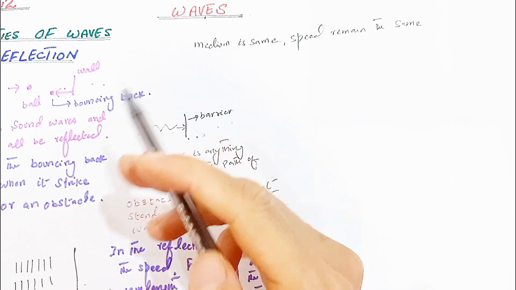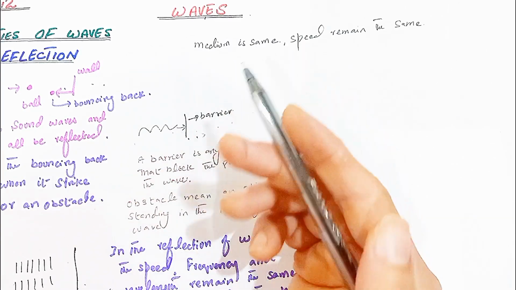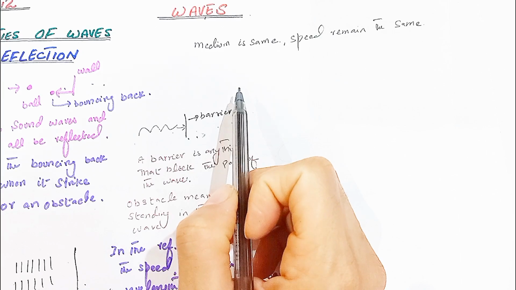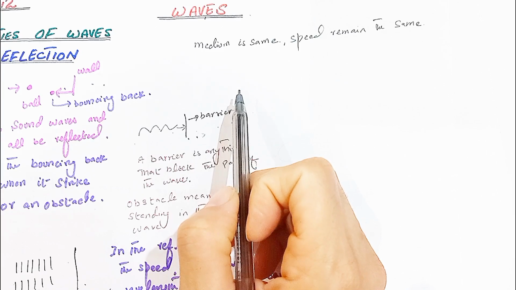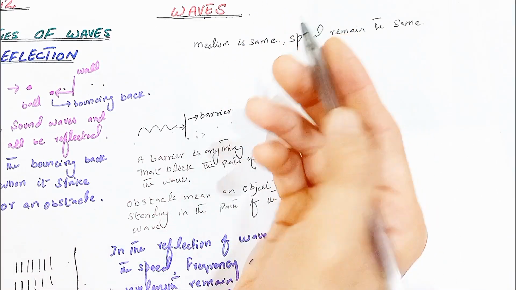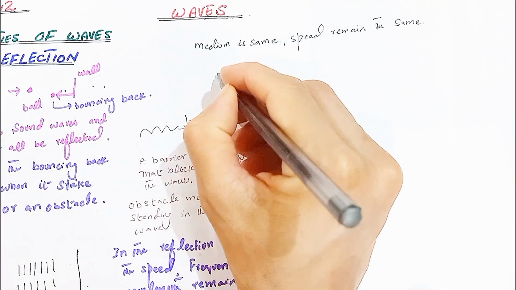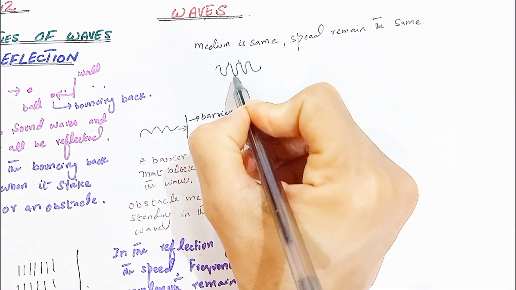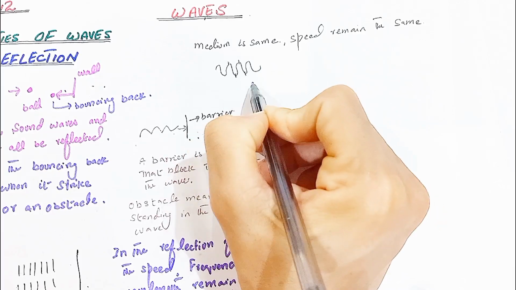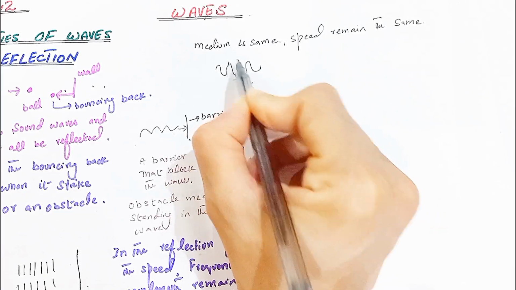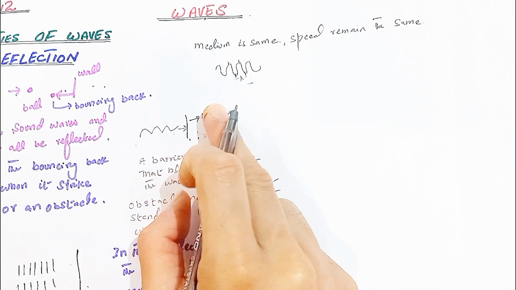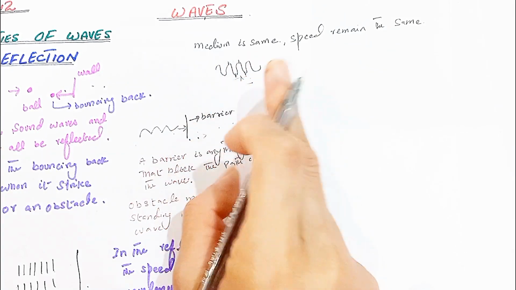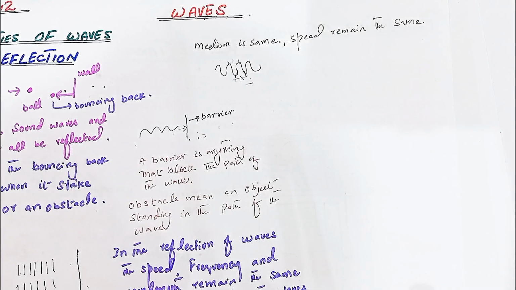When the vibrating ripple produces waves at the same rate, the frequency remains the same. For example, it produces 10 waves per second, so its frequency remains the same. The wavelength between two consecutive crests and two consecutive troughs also remains the same. The distance between two crests and two troughs is not changed. When that distance is not changed, the spacing remains the same. So the wavelength also remains the same in the case of reflection.